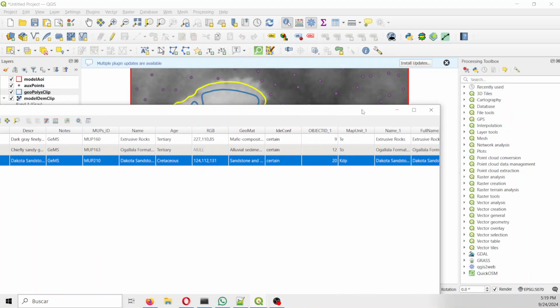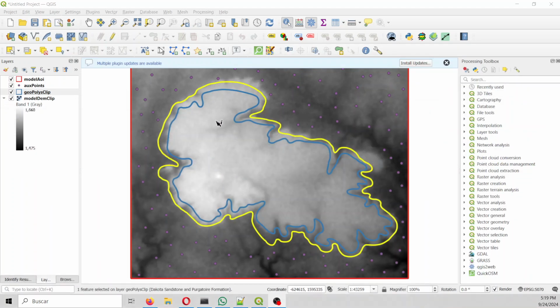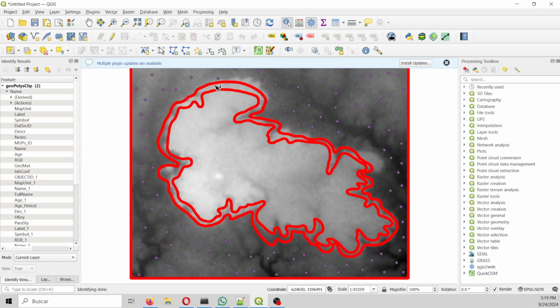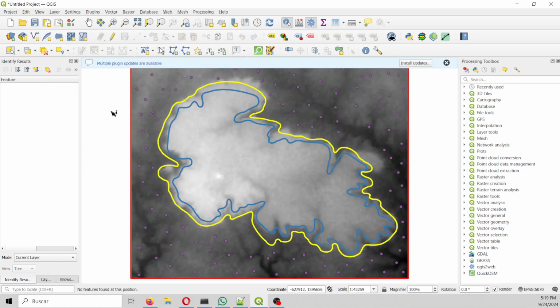My name is Montoya. In this tutorial, we have two sedimentary layers. We have this layer and this layer. We have them as lines, but you can also have them as polygons. From that, we also have a raster DEM, and then we have an area of interest. And then we have some dummy points that will help us to create or